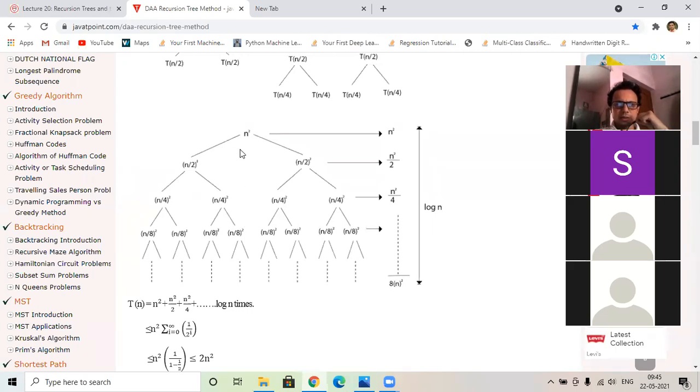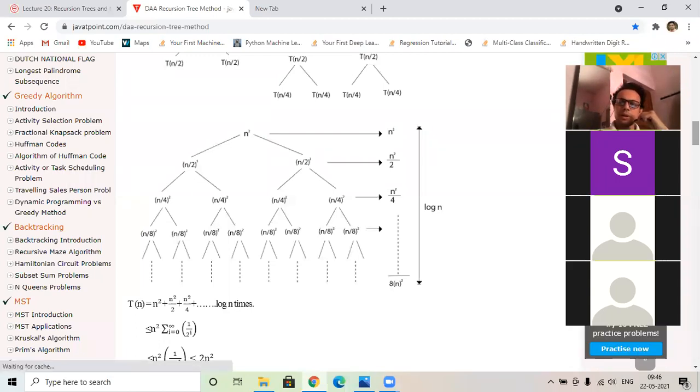See, at first it is divided by 2, then again divided by 2. Can you remember binary search at the preliminary stage, when I discussed the algorithm using binary search, and why binary search has complexity log n? Why is it log n? Because the height is log n, because log n times it is reduced. So here also the height will be log n, and it is a balanced tree.